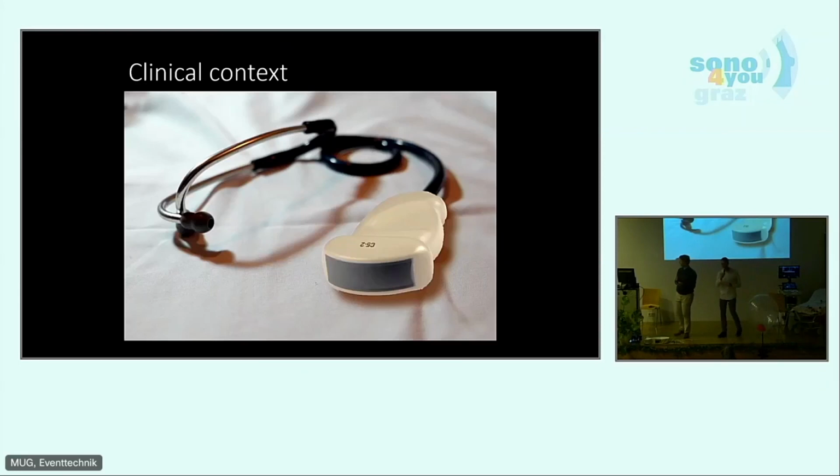So we're trying to bring in a little bit of the clinical context. And I think this image is speaking for itself. Ultrasound probes and machines are getting smaller, and they are always available, and you can do bedside ultrasound. You can always have it. But